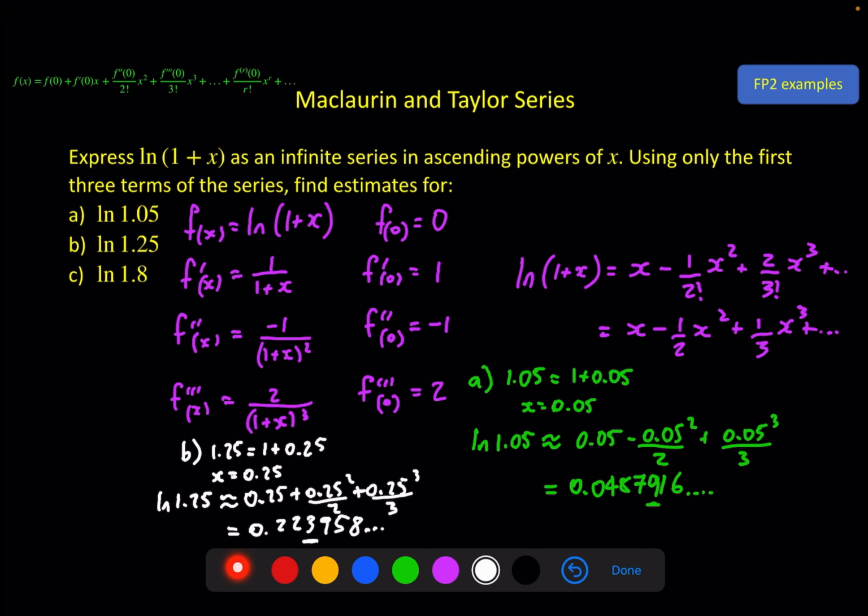But the way we're going, I suspect C will not be as good. Let's do C up here so we can still see all the other stuff. 1.8, 1 plus 0.8, so my x value is going to be 0.8. So natural log of 1.8 is approximately 0.8 minus 0.8 squared over 2, and I've just realized I wrote a plus down here. That should have been a minus, but I did use minus on my calculator. Sorry about that. Plus 0.8 cubed over 3, and that gives us